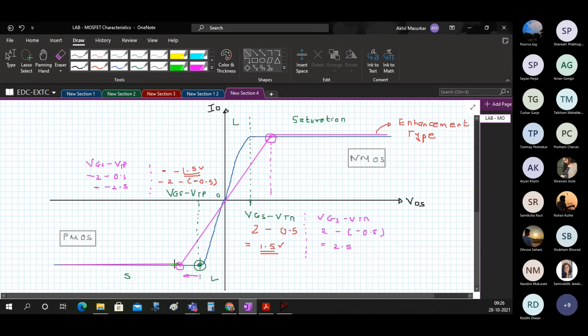Actually they are on top of each other only, but just while drawing we are drawing it that way.